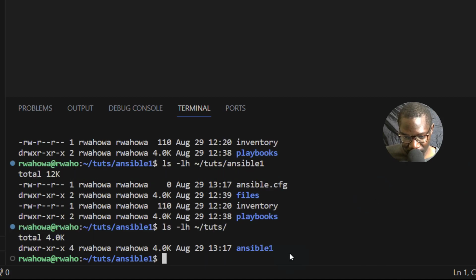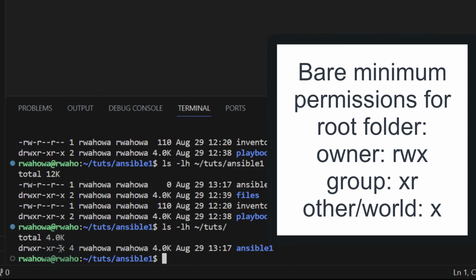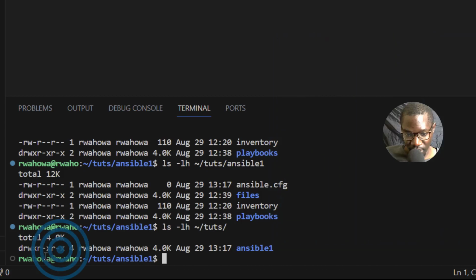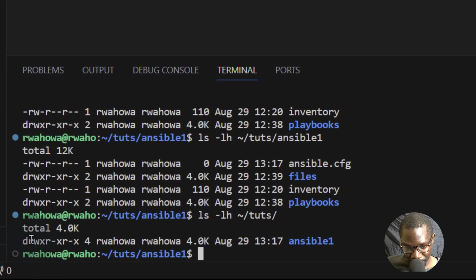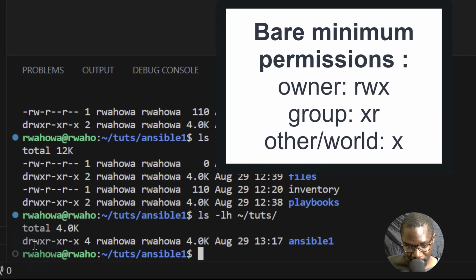All right, so for this directory, where our ansible.cfg file is, it needs to be such that the others don't have write permissions. So here what you have is, this is the user. The D simply stands for directory. The first D simply means that this is a directory. And then you can see for the user, this is the owner actually, the owner of this file can read, write, execute. And then for the group, the second part is for the group.